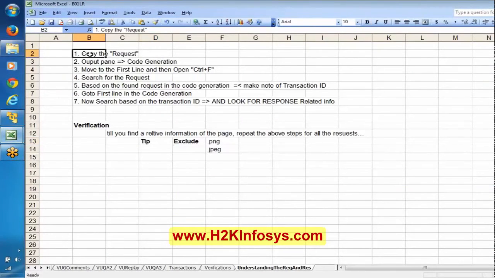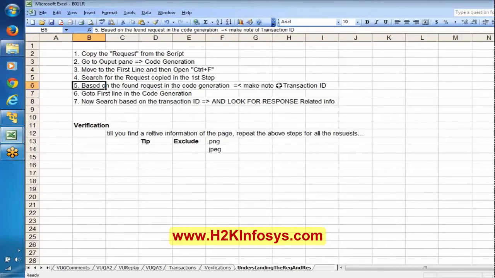Okay, we copied the request. Let me say: copy the request from the script pane, from the script, go to the output pane, code generation, move to the first line and open Control F, search for the request copied in the first step.